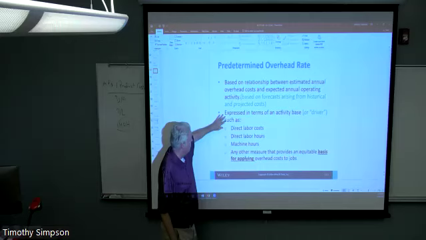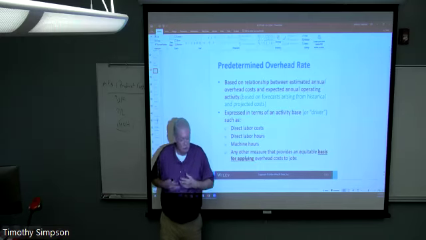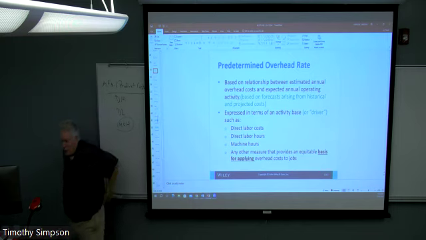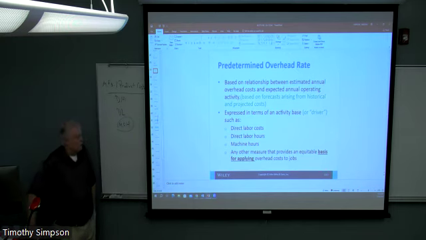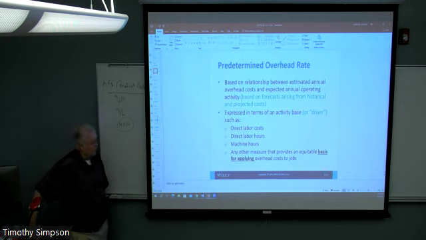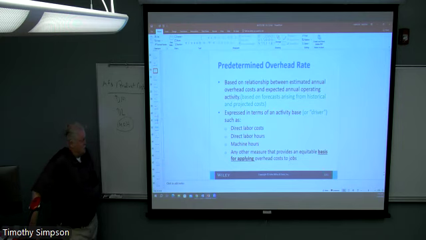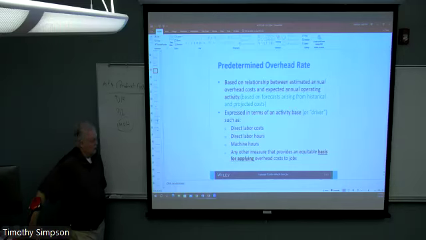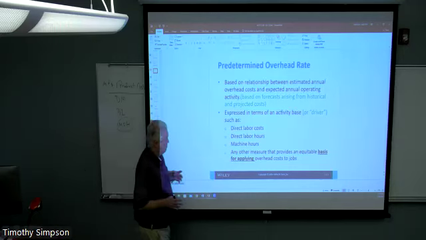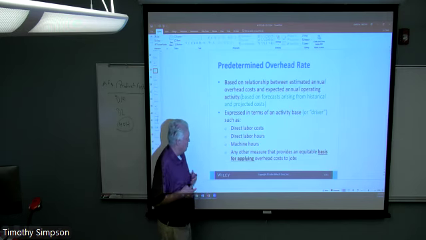So when we talk about examples of what these drivers are, these things that we're trying to hang our hat on, some of the most common ones are direct labor costs, which are a dollar figure, or direct labor hours, which are in numbers. And historically, labor was sort of the default standard for costs in any kind of format, whether it's manufacturing or service or whatever else. Labor was usually the default go-to driver. Today, it's not so much the case. In fact, as we get a little bit deeper into the class to talk about what we call activity-based costing, we'll talk about some other drivers.